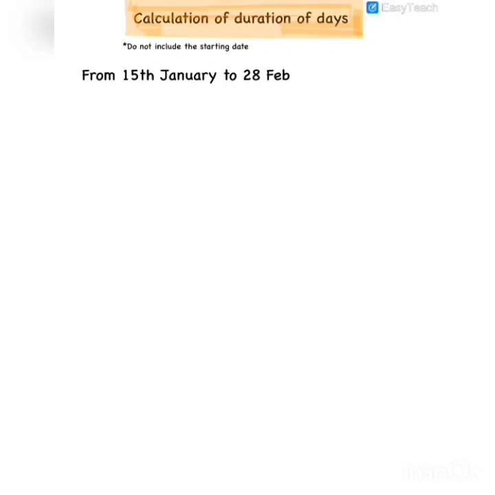Hi students, today we will study how to calculate the duration of days. In such questions, you have to calculate the number of days which has passed from one day to another. So, let's begin. In these questions, we do not have to include the starting days because it is mentioned in the question. So, in the first question, we have to calculate the days from 15th of January to 28th of